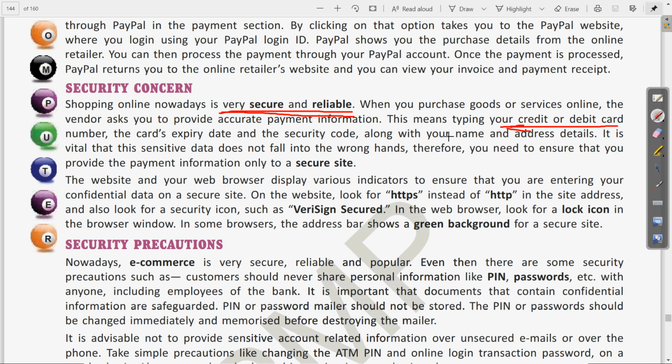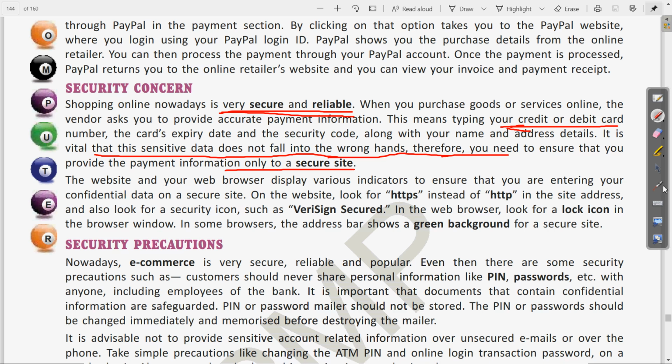So as we are talking about, whenever we are doing this payment, before doing this payment, we should ensure that the website which we are using is secure for the payment. Clear? We will see further how we can check the security features of the website, that the web address is safe for the digital payment or not.